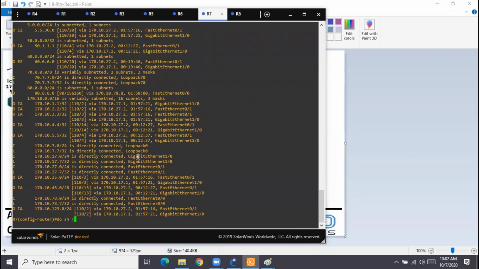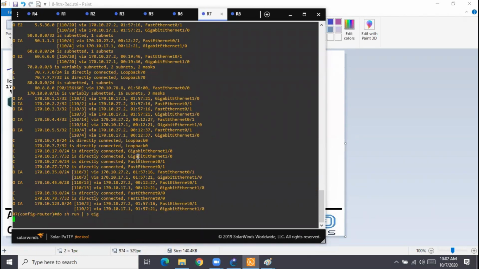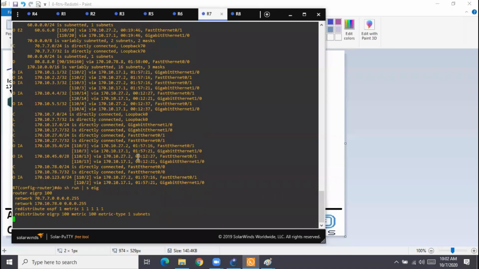I'll bring up the EIGRP configuration. I'll do show run pipe section EIGRP. And you see we have this redistribution configuration inside EIGRP. I'm saying whatever you have in OSPF, you redistribute. So because of this redistribution, all the routes of OSPF are getting advertised in the EIGRP domain. So what do I need to do?